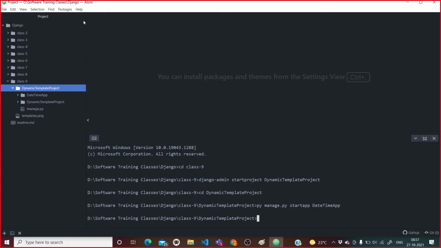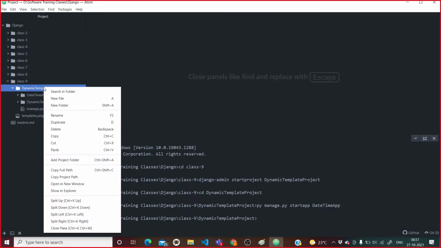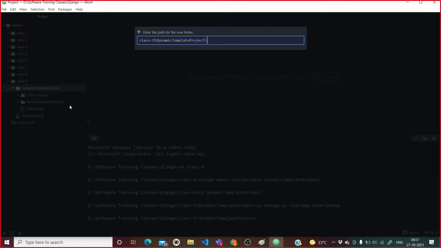After that, in the root directory of the project, I need to create a folder, and here I am going to say templates.